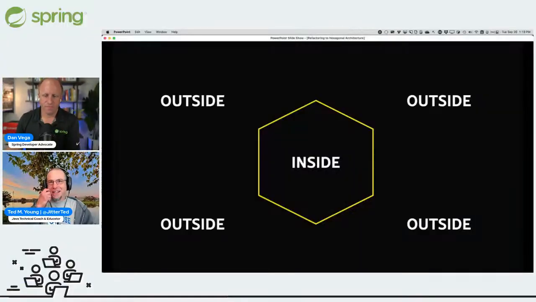Okay, cool. So what I love about hexagonal, and I'll say this up front because it often gets asked, the number of sides is irrelevant. Alistair Coburn, who invented hexagonal architecture, sometimes referred to as ports and adapters, just wanted a different shape that had certain aspects of symmetry and so on. But the main thing, and we see this in other architectures, I kind of group a whole bunch of architectures under separation of concerns architectures. So onion and clean and even vertical slice to a certain extent. The whole idea is, let's separate out the important stuff, the stuff that our business cares about,